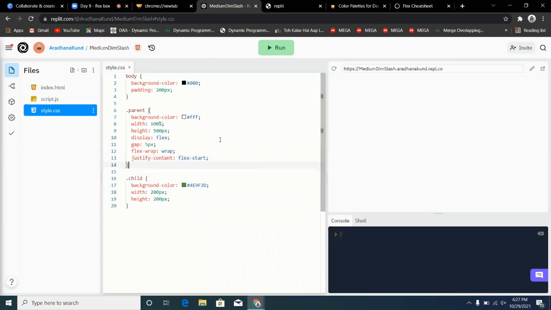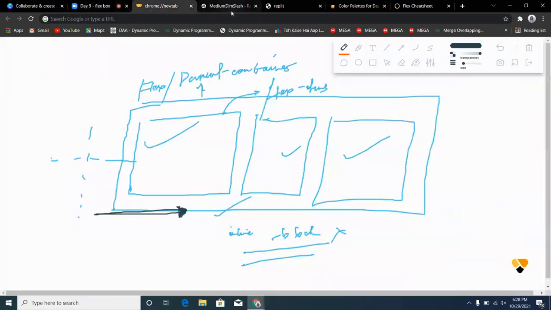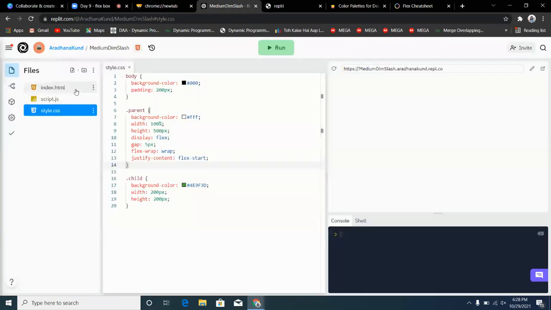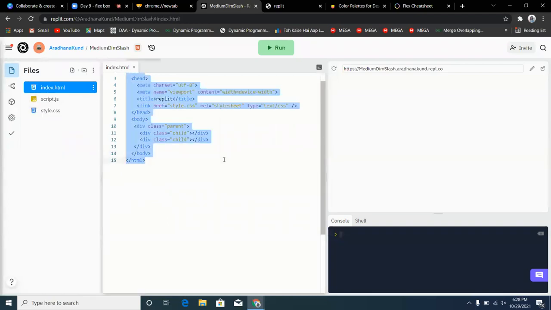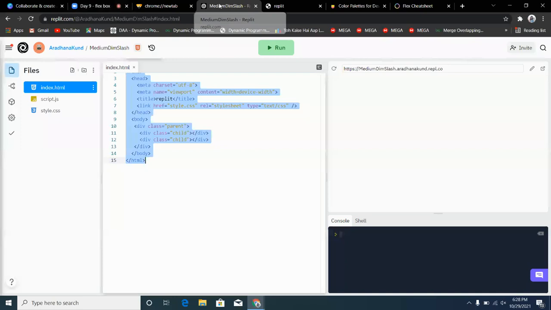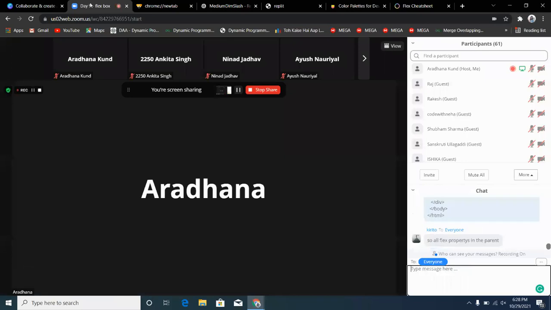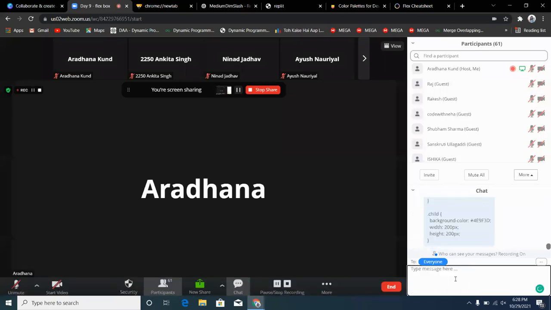If you do it, then you will be easily able to remember. It's not a hard job, it's all there in the name. Okay, got it guys? Understood? Everyone? Okay, so I'm sharing the code. Take 2 minutes and do it on your own so that you are able to understand the next flex properties. Else you will get confused because the next flex property is somewhat similar to this, so you can get confused very easily.